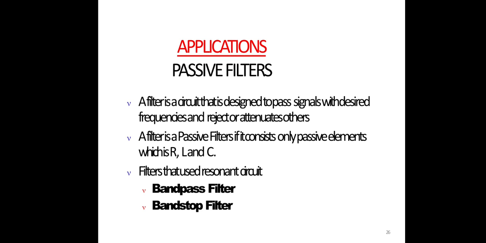If we take a band stop filter, which is quite the opposite, there will be lower and upper edges. In between a certain frequency range it stops the signal, and in all the rest of the ranges it releases the signal. That means it allows the signal. The band stop filter is a combination of the low pass and high pass filter. This is quite opposite to the band pass filter, right?